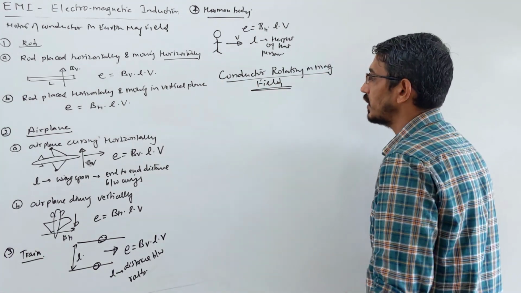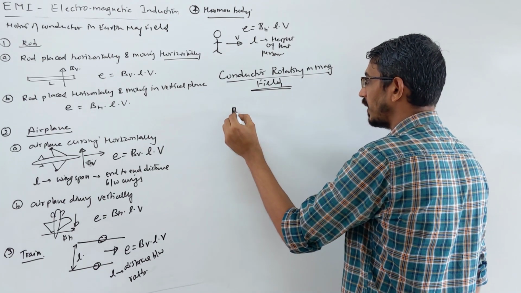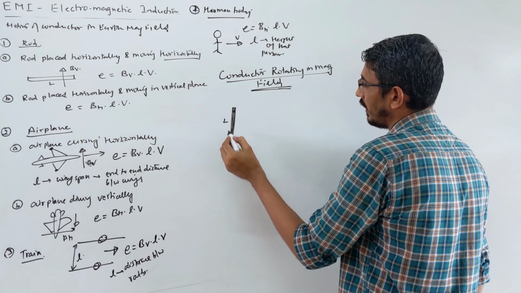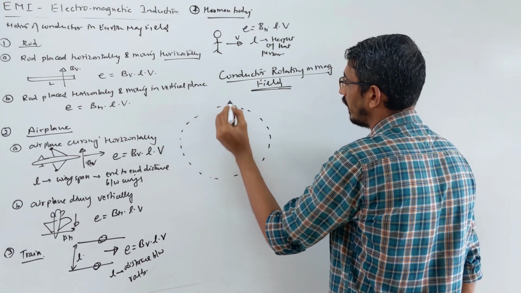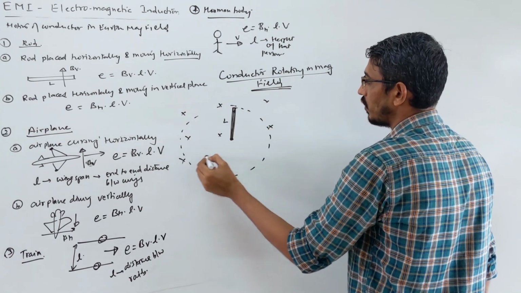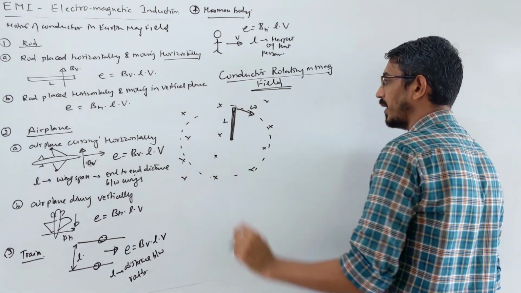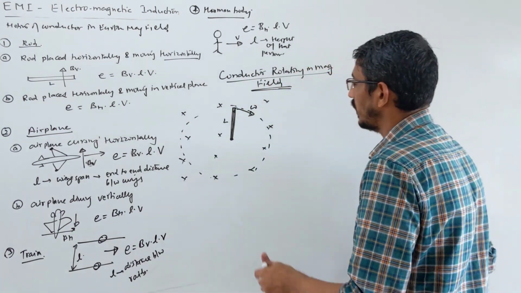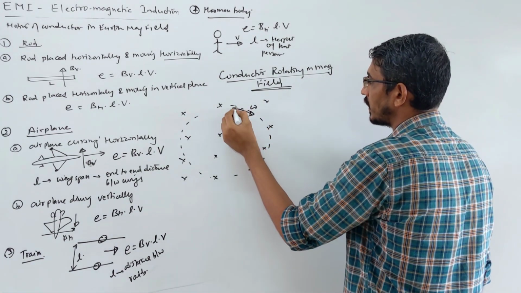Then what will happen? Suppose you have a rod, okay. This rod has some length, let's call that length L, and it starts rotating about one end, suppose this end, moving in a circle like that way, and it was placed in some magnetic field, let's say inward or outward, some magnetic field was there. So this rod started rotating, okay, with some angular velocity, let's say omega. Generally when we talk about circular motion, we talk about angular velocity or frequency, right? So this rod of length L started rotating like that way. This end let's call O, this end let's call A.